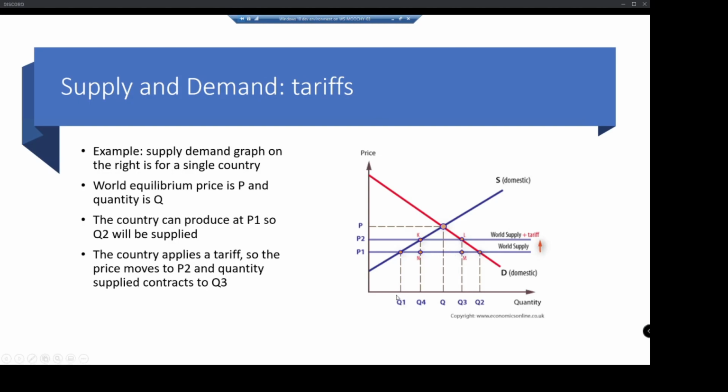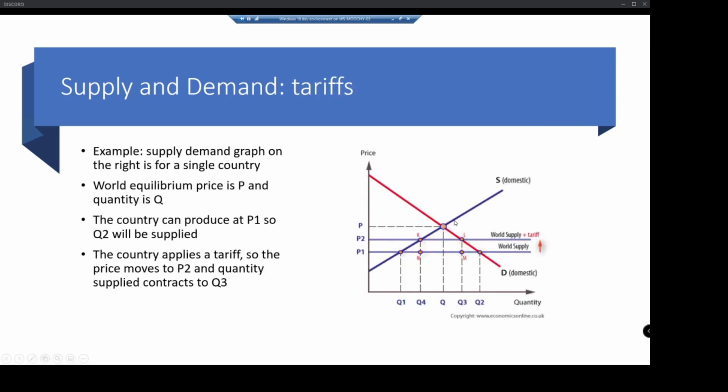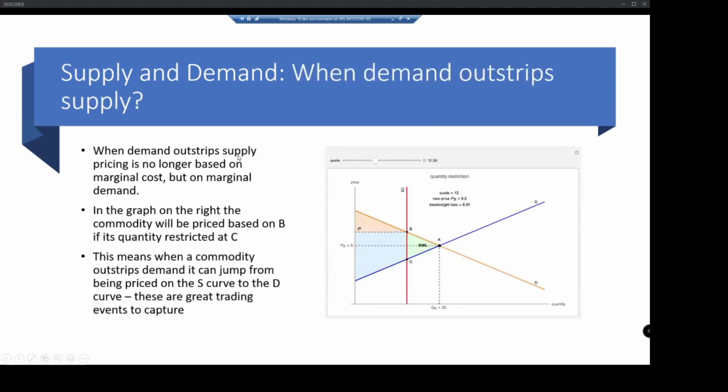They would produce at P1, but then they apply a tariff. So now they produce at P2, and the quantity is now here. I feel like I'm not explaining this one very well, but you can analyze tariffs on here. You can analyze what happens with new tech. You can analyze structural shifts and all sorts of things. The main point I wanted to show here was what happens when demand outstrips supply,